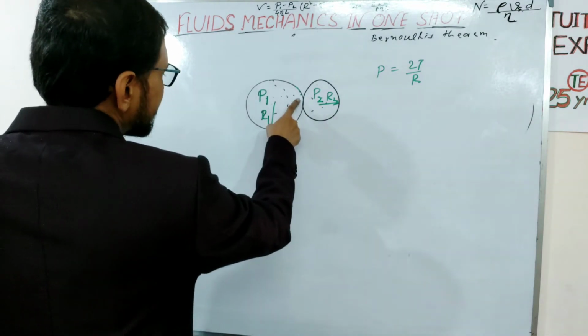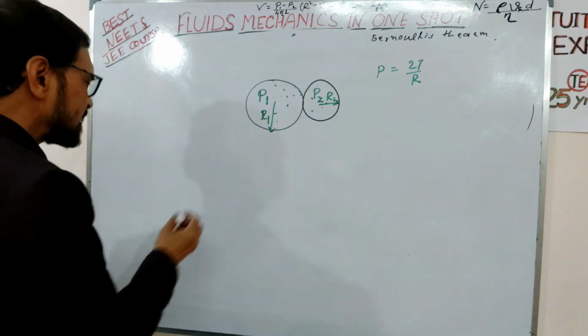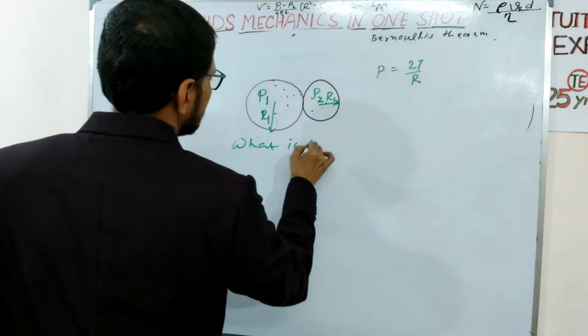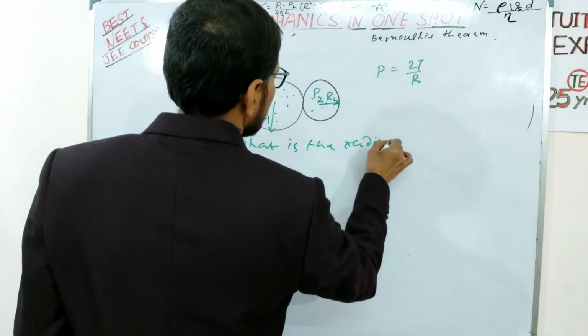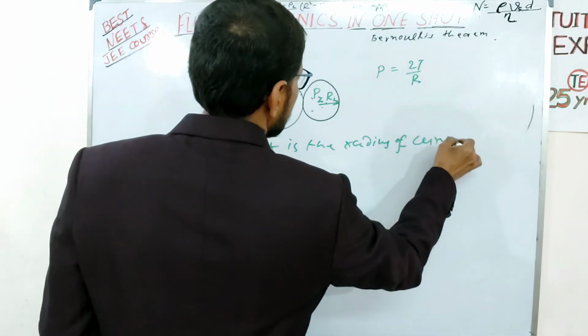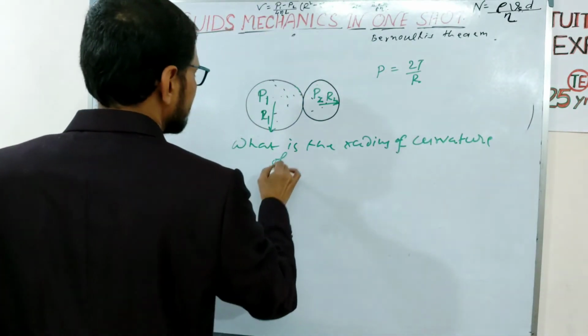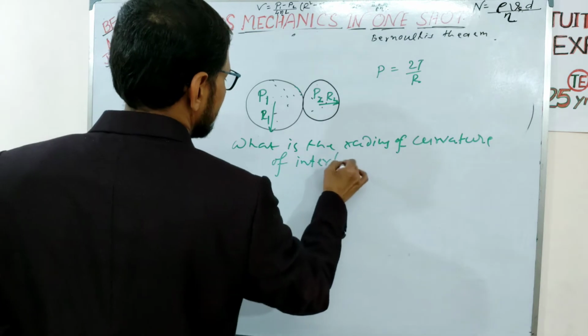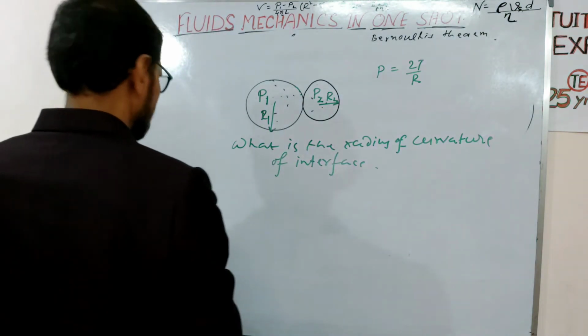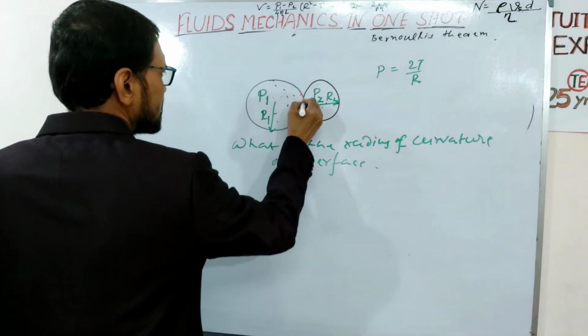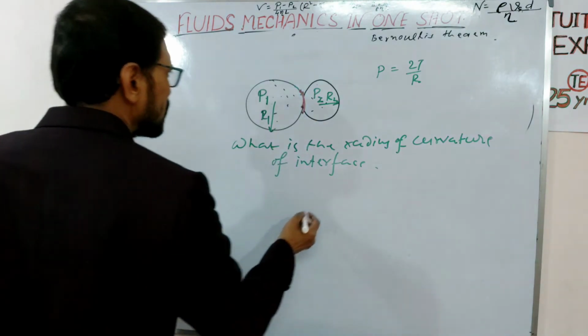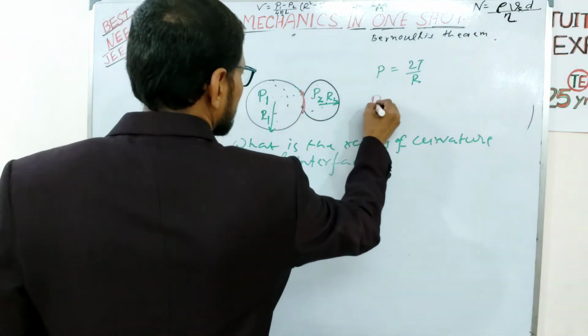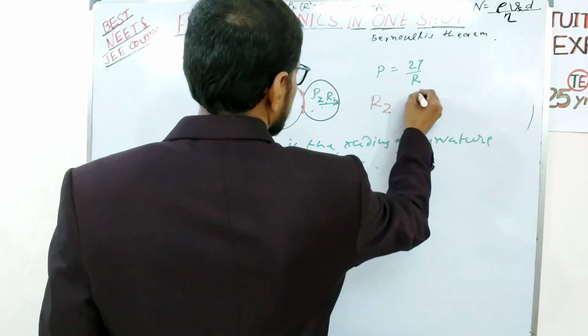Now what is the radius of curvature of the interface? That is this. Here the radius of curvature of the interface will be different, because R2 is less than R1,